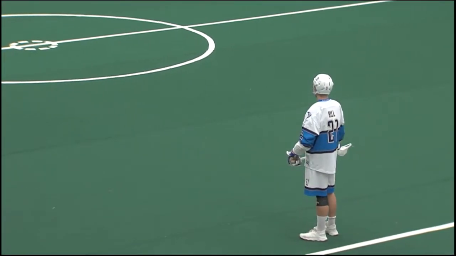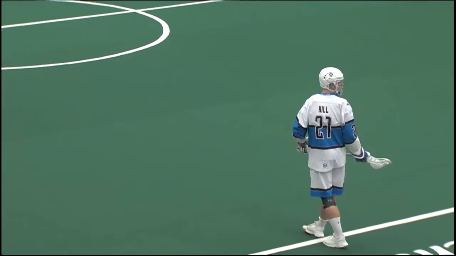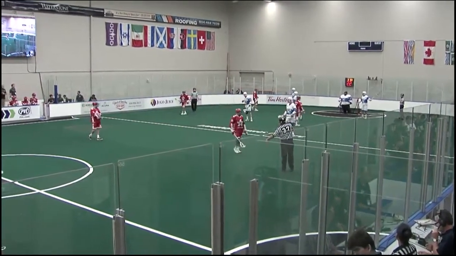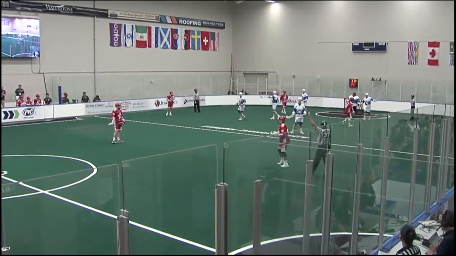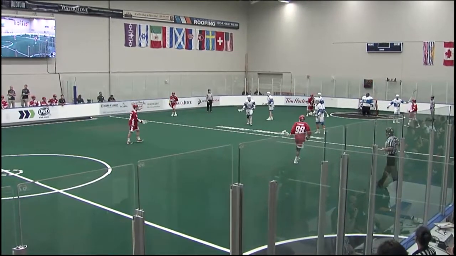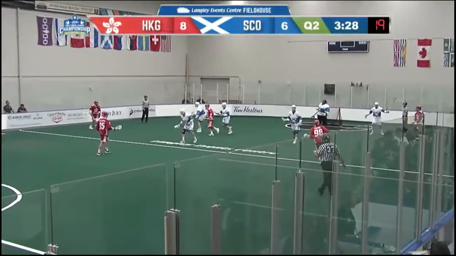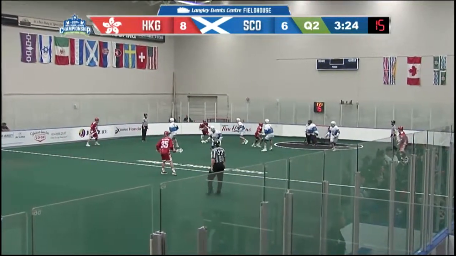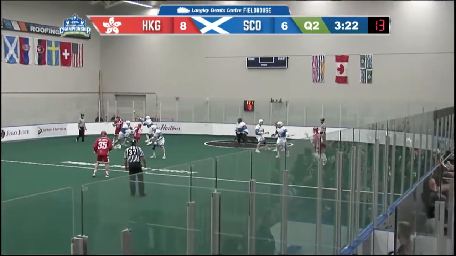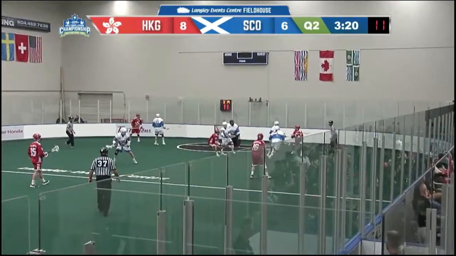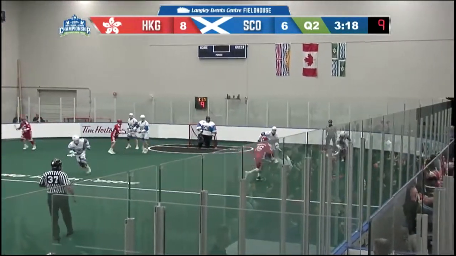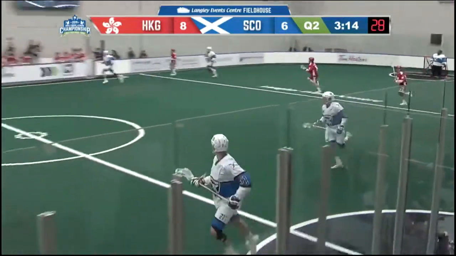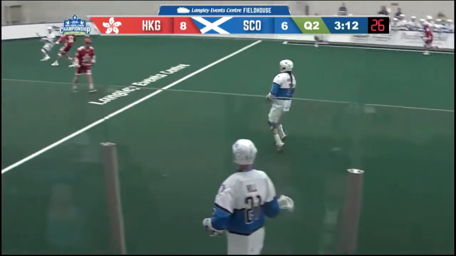It will be possession, Hong Kong just inside of center in Scotland territory. As Yu Zhang getting it started there, now off the left boards. Jordan West Pratt sending it across in front of the goal, connecting there with Zhang. He's knocked over. Doherty scoops it up for Scotland and heads over center down the left side.